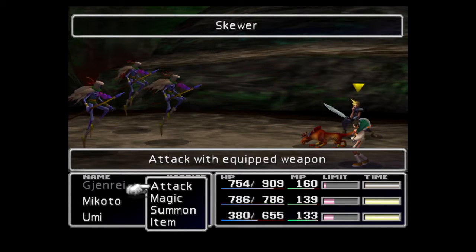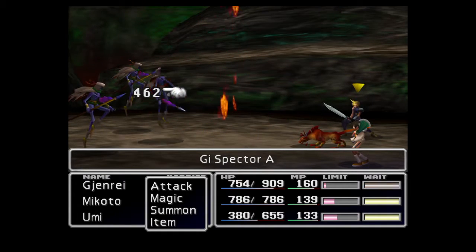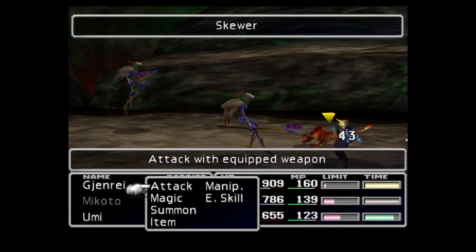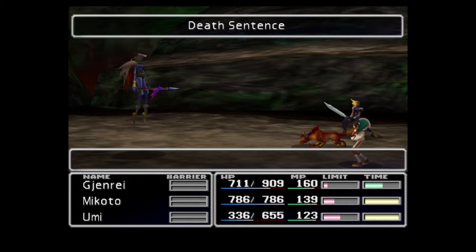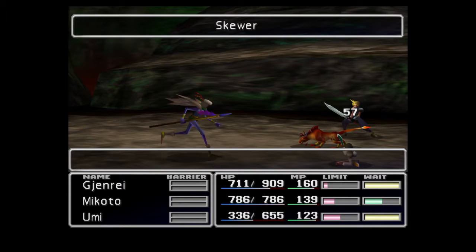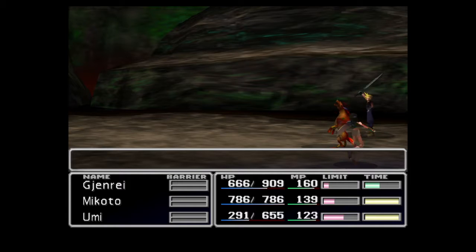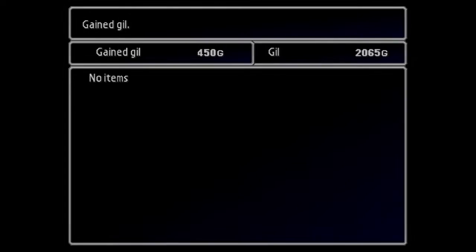See what Flamethrower does. Oh god, he's being beaten. And if that wasn't very MP intensive, if you had Beta, that would actually be a great thing to use here. They can also use Death Sentence, please, on somebody who... There we go. That is probably why it is very easy to learn Death Sentence in this area, because they cast it pretty often. And multiple enemies can't cast it, so...